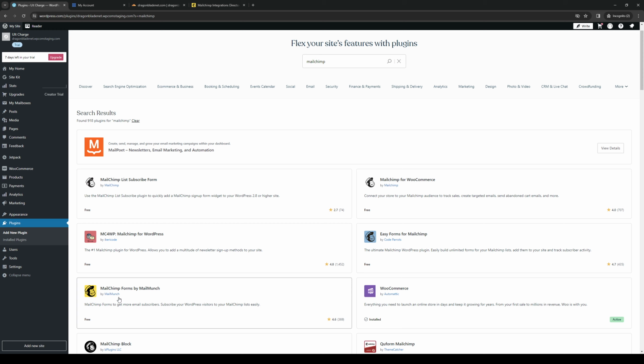So this is the one that you want to get, Mailchimp for Mailmunch, or Mailchimp Forms by Mailmunch. As if you read it, it'll say Mailchimp Forms to get more email subscribers. Subscribe your WordPress visitors to your Mailchimp list easily. So this is perfect for a blog post form factor for our site. So you want to click on it,